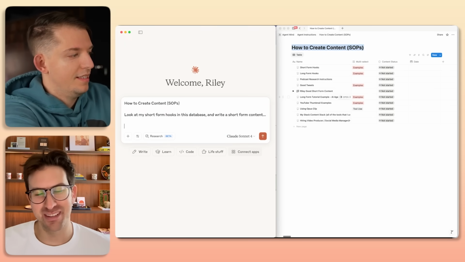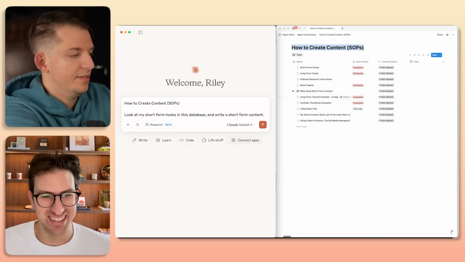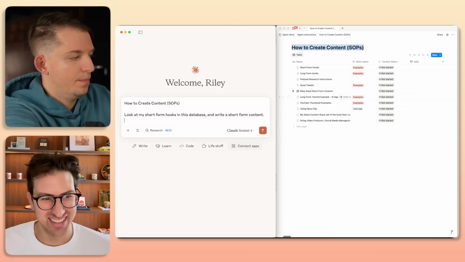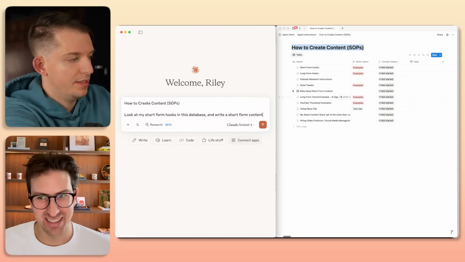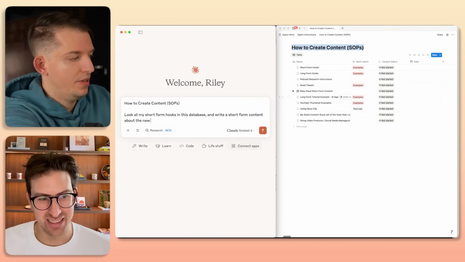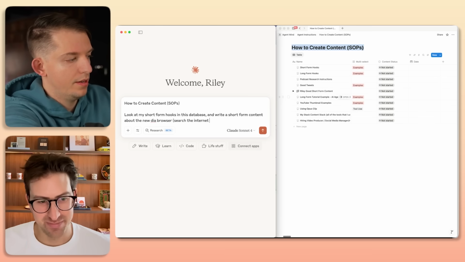Dude, I'm so overwhelmed. Oh, Dia browser. Oh yeah, I guess. Short form hooks in this database. Write short form content about the new Dia browser. Search the internet first and